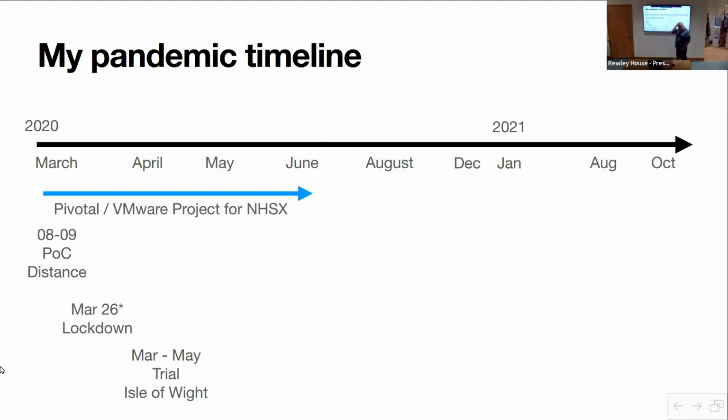So originally contracted for 2 months. Pivotal are not in the business of being an SI. So we go in, we pair with people in those organizations to build the first version of the app, and then we step away. That's always been our model. UK government wanted to extend until August. We said no. So we handed it over during May and then left the project in June. And then I slept for a month after that. But during that period was where most of the hard questions were answered.